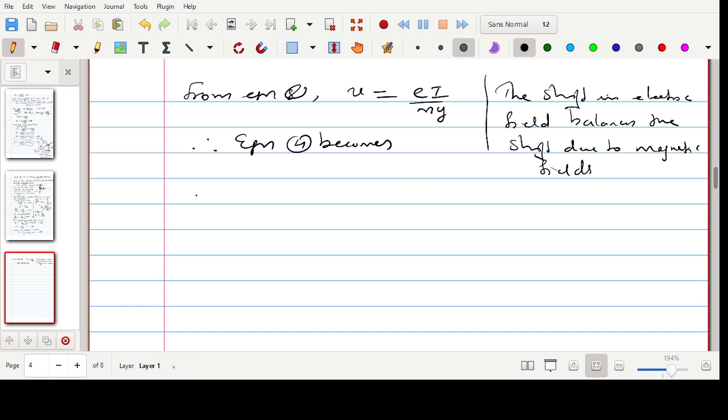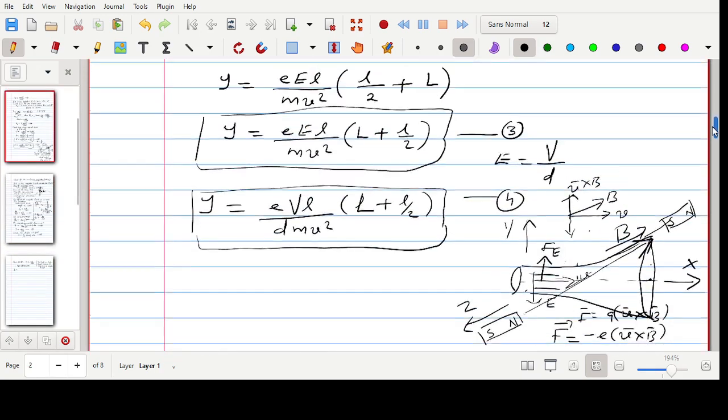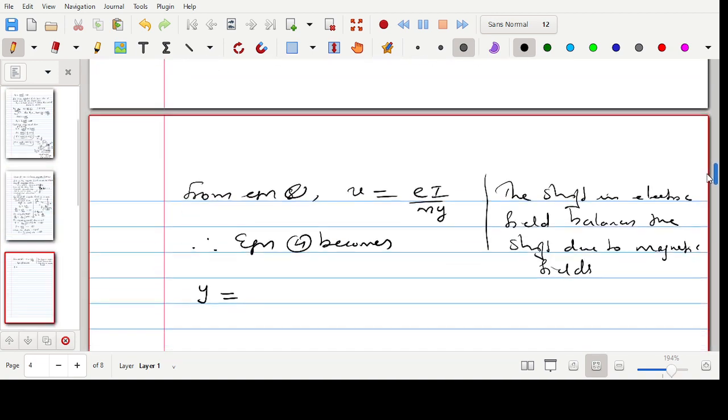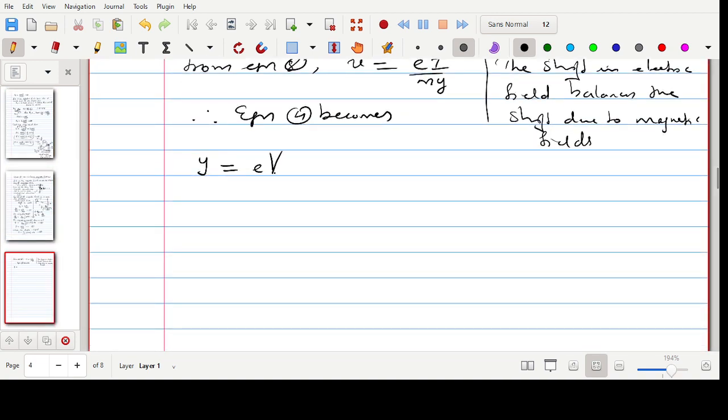So equation 4 becomes y is equal to eVL by dmv square. Instead of v square, I can write the square of this one. So this is E square I square by m square y square into L plus L by 2. One E by m will cancel with this one. Then simplifying this y square, we will be having y equal to